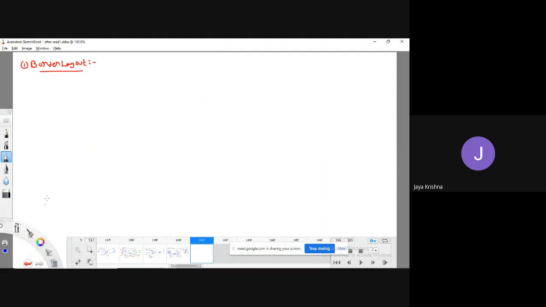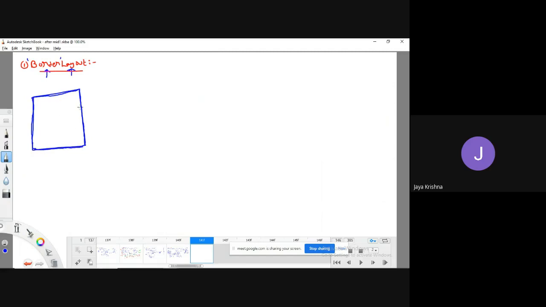Border layout. The name itself has a clear meaning. Layout means arranging the components in the container. How are we going to arrange the components in the container? By following the border. Let us assume that this is a kind of container. It will follow the border of the container, and it will arrange the components.